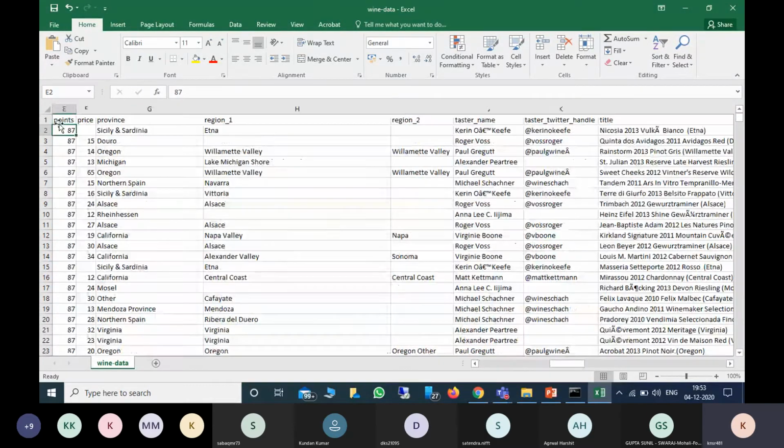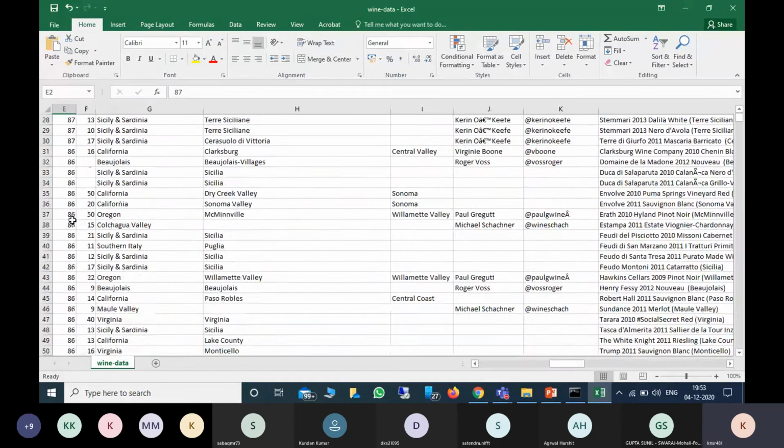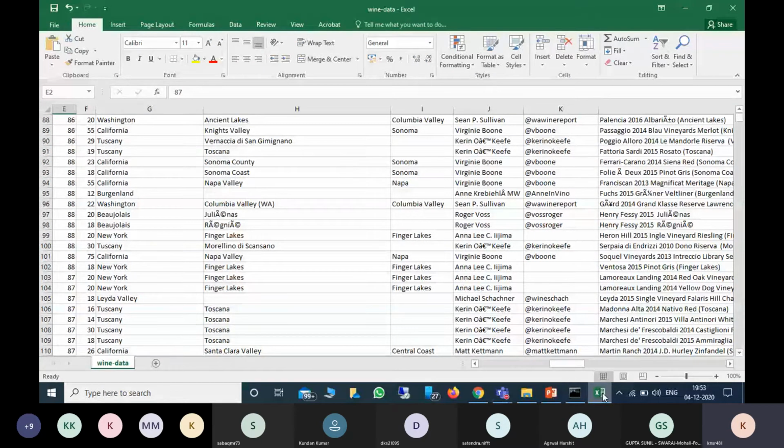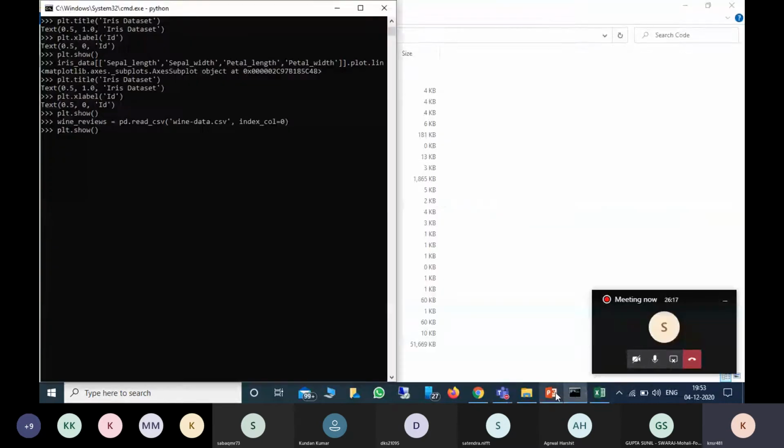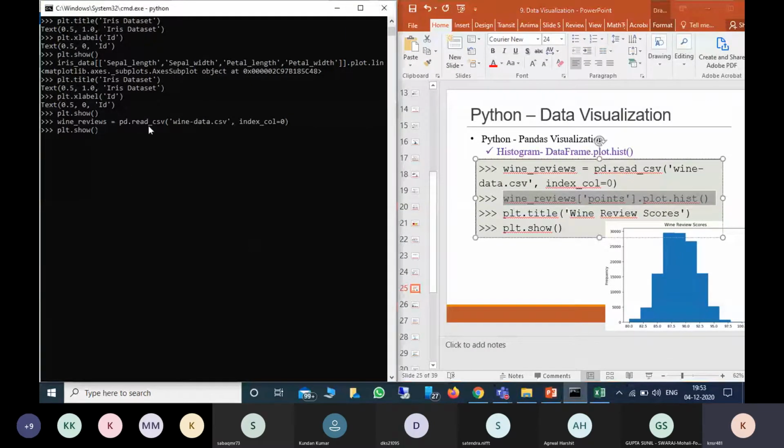According to these points, I have to plot how many times each is repeated. So we have to count them and then it will select. So I'm selecting first wine reviews, and I want to select only the column which I want to plot, that is points, dot plot dot hist. So now I plotted this.